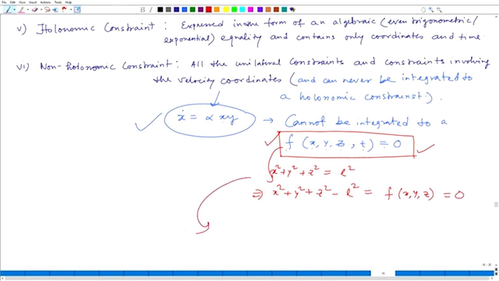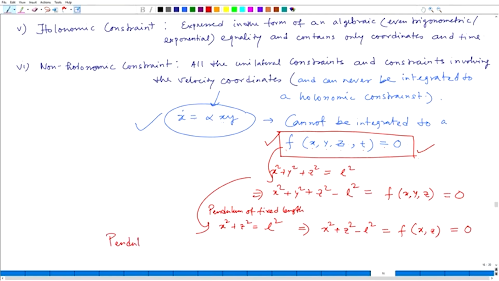Again I am taking the case for this pendulum. So, x square plus z square is equal to L square. So, pendulum of fixed length. So, you will have x square plus z square minus L square, which will be now a function of x and z, and this is 0. So, finally, pendulum with variable length